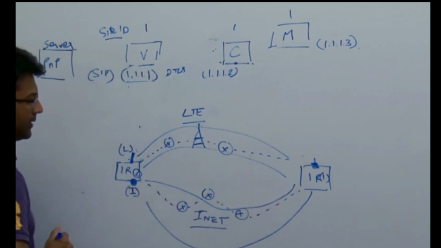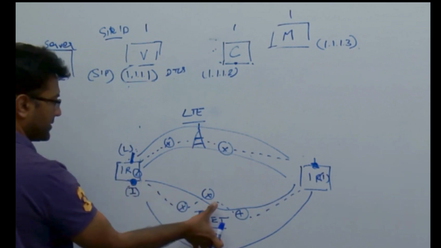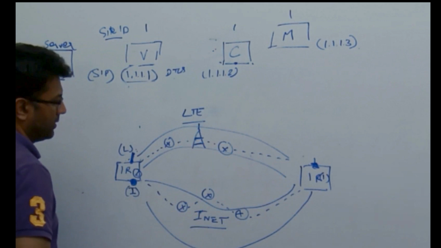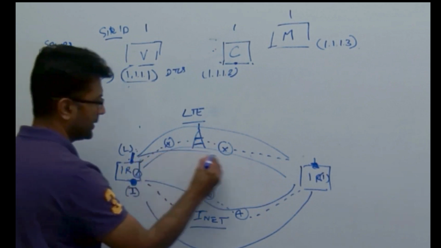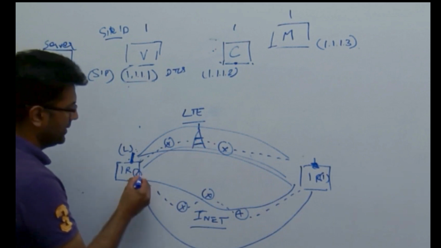We're going to build a tunnel between IR1 and 2 over the internet or INET underlay. We could also build a tunnel over the